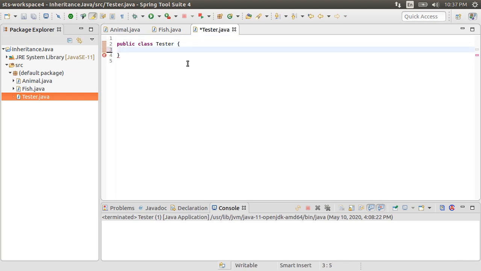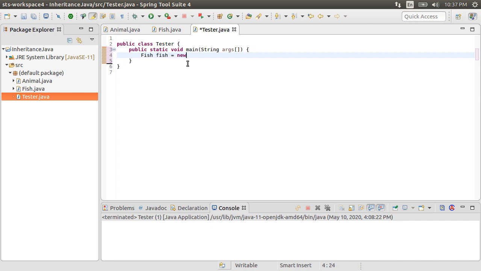Inside, let's create a public static void main string args. Now this is the method which the Java runtime would call. It creates a main method within the Java application. It's a core method of the program and calls all others. It can't return values and accepts parameters for complex command line processing.